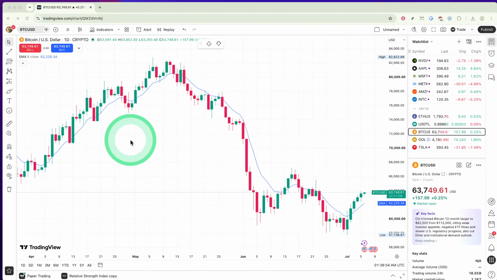In today's video, I'm going to teach you how to go to a specific date in Tradingview. Whether you're a seasoned trader or just starting your journey, knowing how to navigate Tradingview's powerful charting tools can make a big difference in your analysis. This tutorial will guide you step by step on how to jump to a specific date or time range within the charts. It's a great feature for studying past market trends, reviewing historical performance, or simply focusing on the data